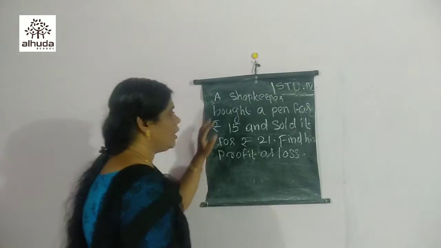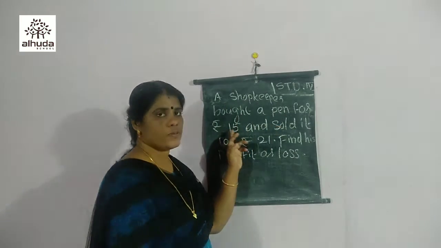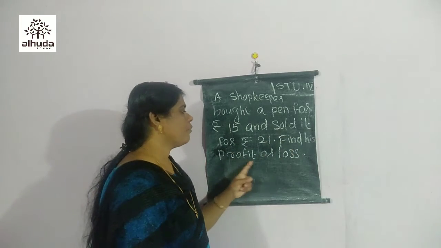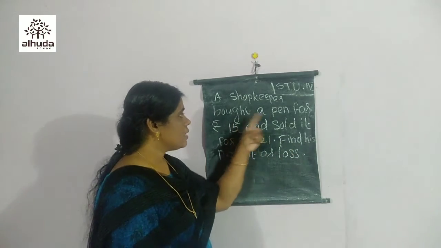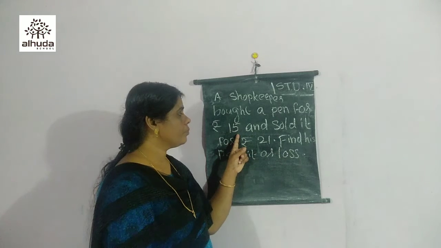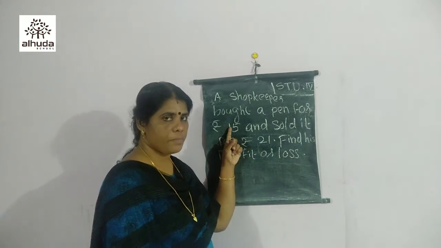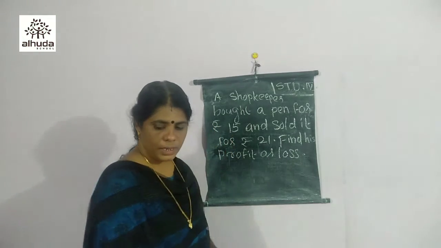Next one. A shopkeeper bought a pen for rupees 15 and sold it for rupees 21. Find his profit or loss. Now here CP is equal to 15 and SP is equal to 21. SP is greater than CP. So that is profit. Then write